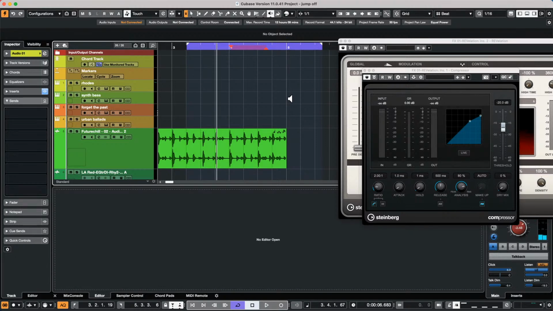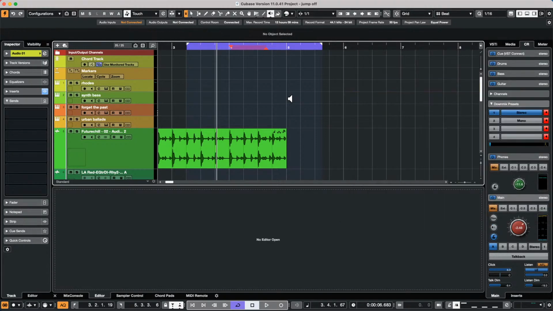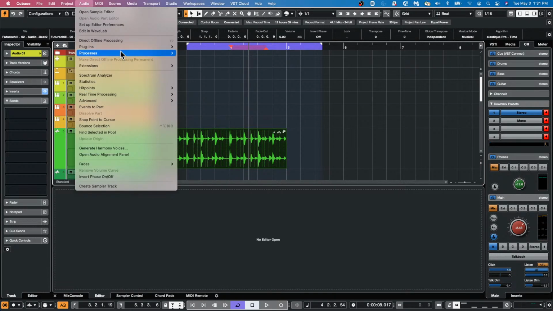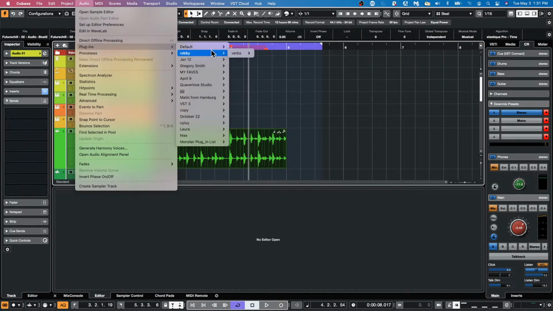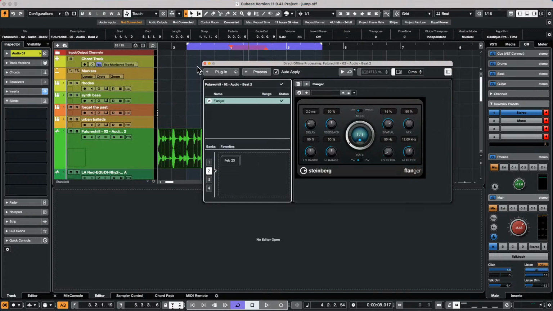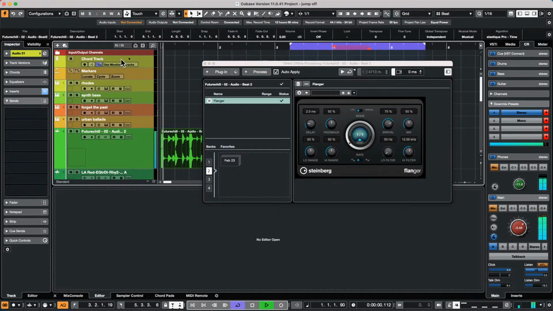Let's listen to our drum loop. All right, if I wanted to do processing, all you have to do is select it and then go to your Audio menu, and you can see all of your plugins. At this point, I say I just want to run a flanger on this. Now when we play back,